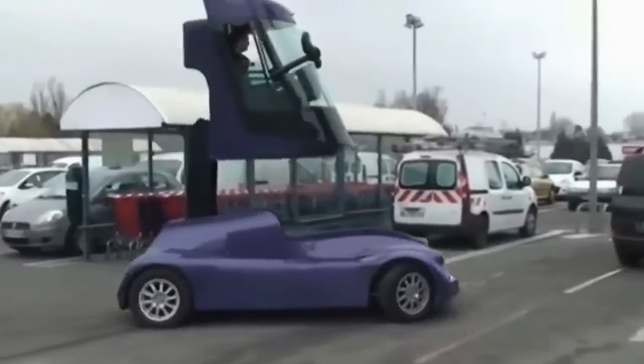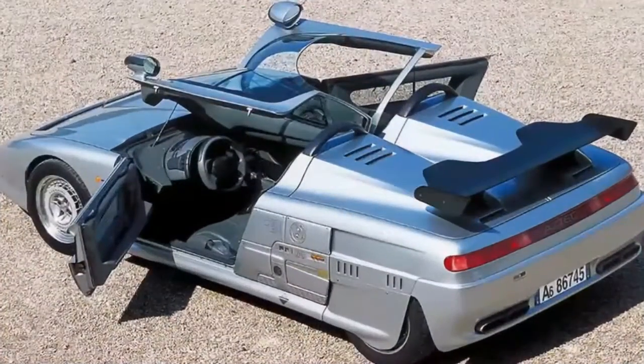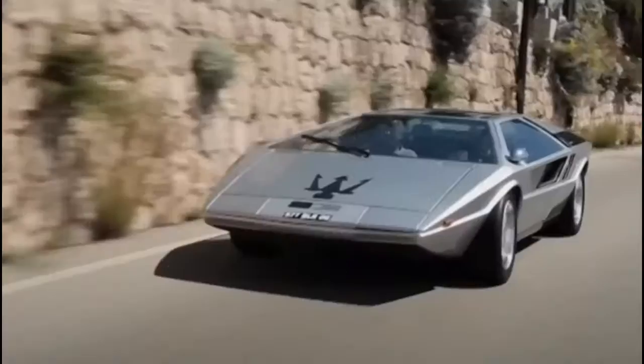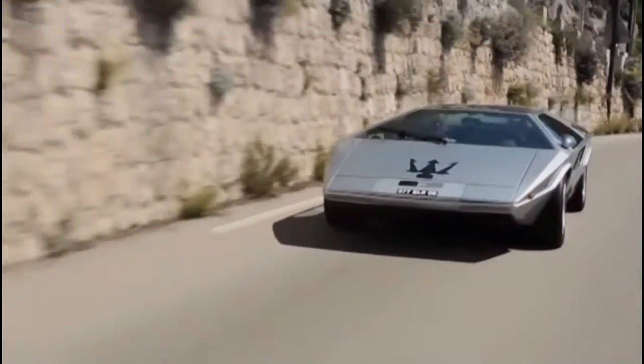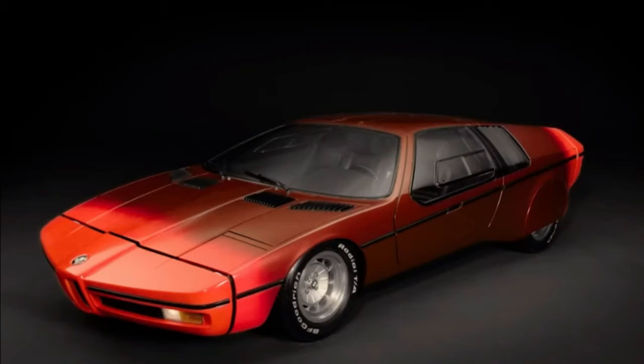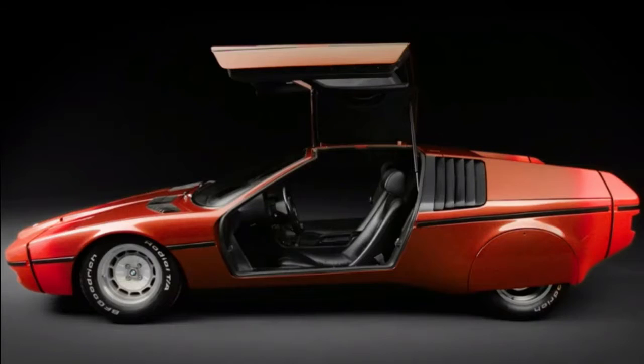Have you ever seen a car so cool, so futuristic that you couldn't believe it wasn't real? That's the magic of concept cars. They're automakers' way of showing off wild ideas and getting us excited for the future. But more than just eye candy, these prototypes often foreshadow what's to come, with features that end up in production